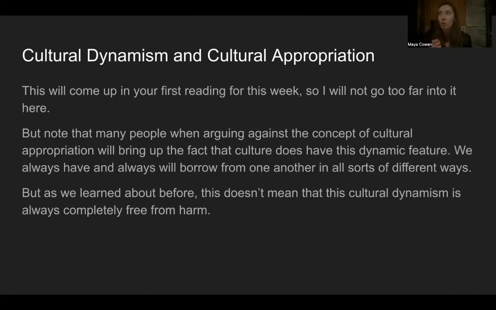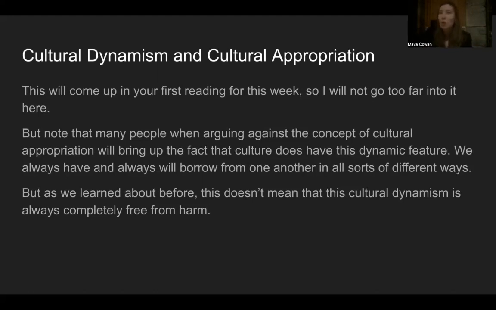But it also has just been happening on the internet. Like old grannies like me can remember Instagram. You would see things from all over the world, and you might get recipe ideas from somebody living in Japan or in India. And all of that is part of cultural dynamism through the process of globalization.